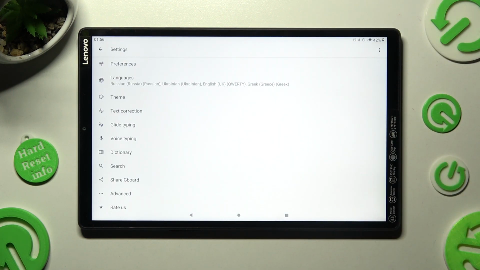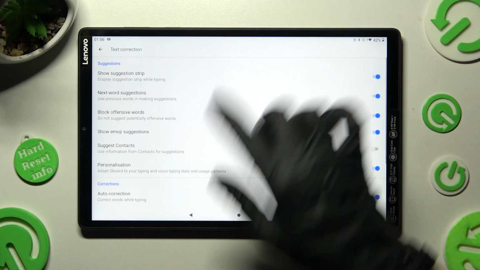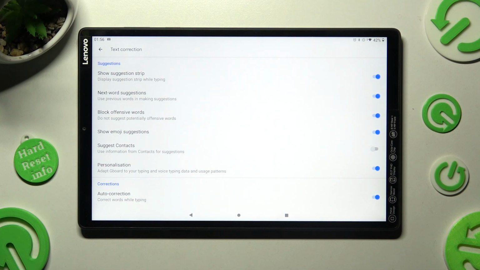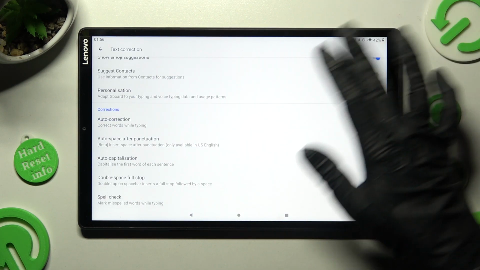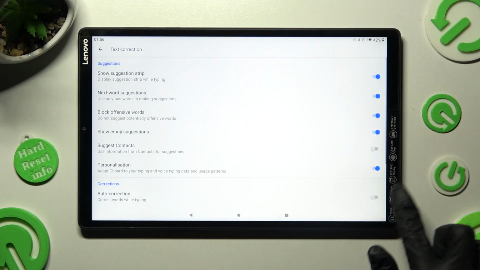Finally, just click on Text Correction. As you can see, all typing features are available over here. If you wish to switch on or off one of them, just click on the switcher next to the chosen